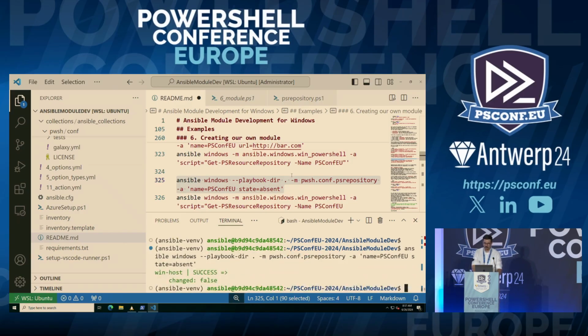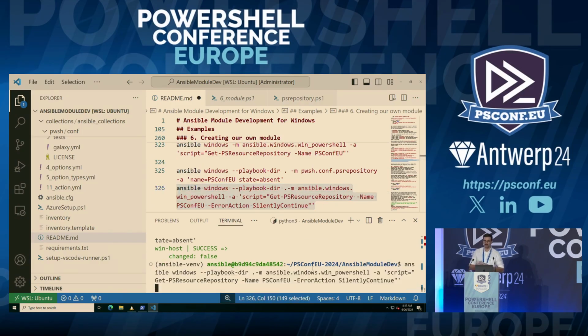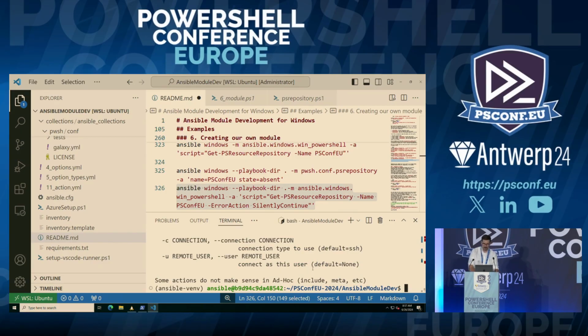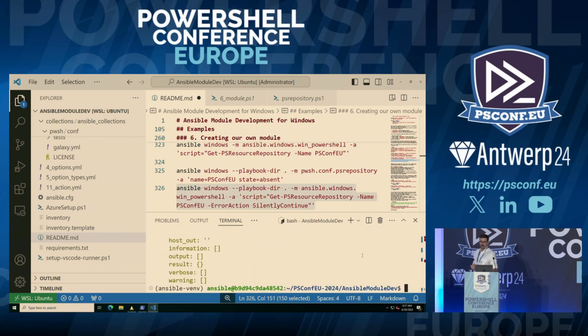And then we're going to fix up my mistake. And then we're just going to check to see if there's any resources registered under that one there. And we'll see that we've got no output objects, so the resource no longer exists. So we've written our module, we've checked that it works, we've also verified that we can make changes and do